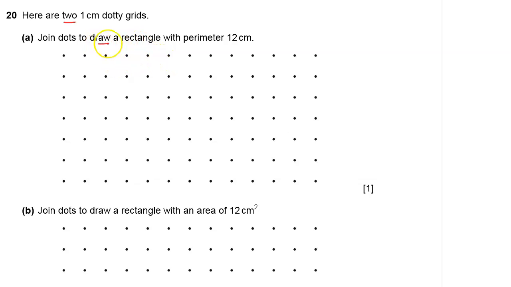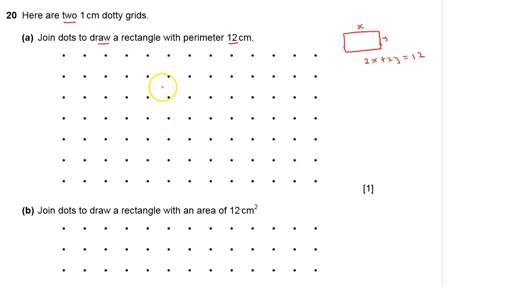Join dots to draw a rectangle with perimeter 12 centimeters. Of course, perimeter is the distance around the rectangle. So 2x plus 2y should be equal to 12 centimeters. Therefore, 2x is,